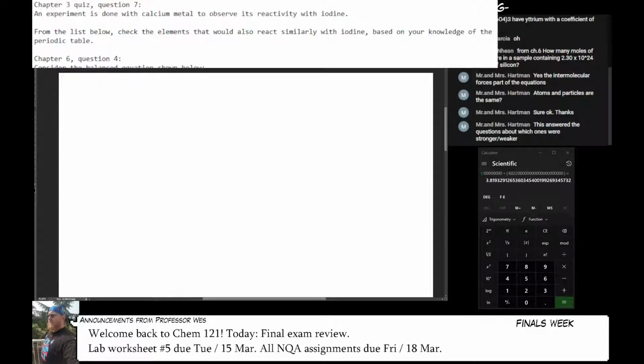So on the screen here, I have the question, check the elements that would react similarly with iodine. Obviously, I don't have those elements on here because I don't have that quiz question handy. But remember that